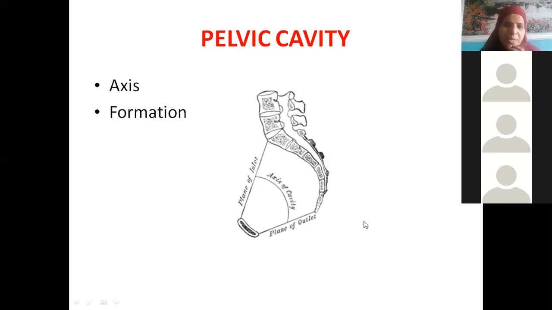So if you draw this, this is the anterior aspect, and this is the sagittal section you are taking of the body cavity. This is the anterior aspect where we have the pubic symphysis, and behind we have the sacrum and coccyx. Now you see the inlet. You should always imagine as though the head of the baby has to move like this. This is the plane of the inlet. This is the axis of the cavity downwards. Then it makes a curve, and this is the plane of the outlet. So this is the axis.